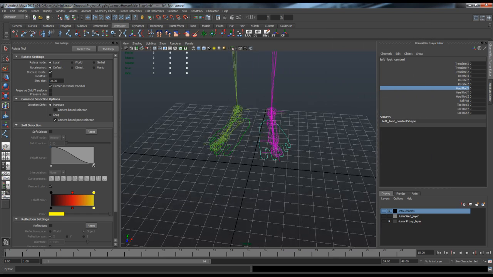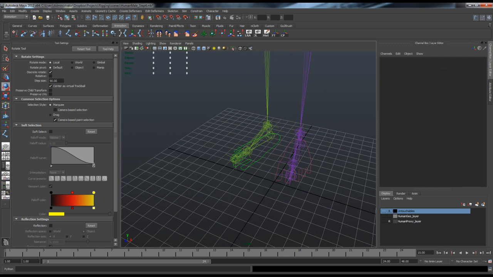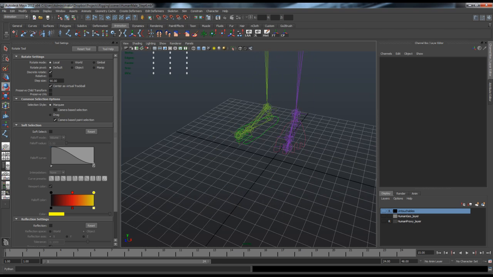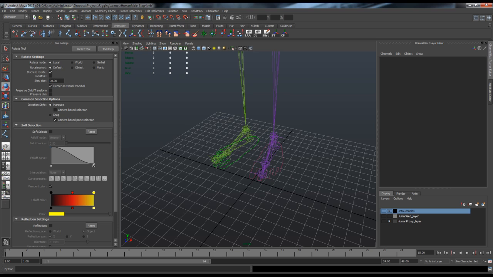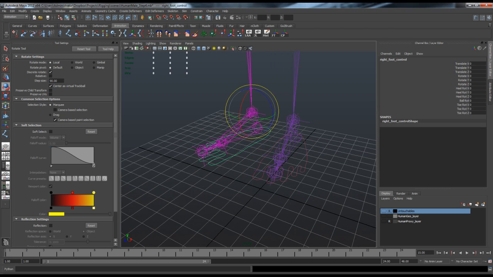Okay, I'm going to pause the video and do the same to my other side, and then we'll set up another control for our hip centering and another control for rotating in our foot and so on and so forth. Okay, so now that we have our attributes locked to the values that we want them to be at,